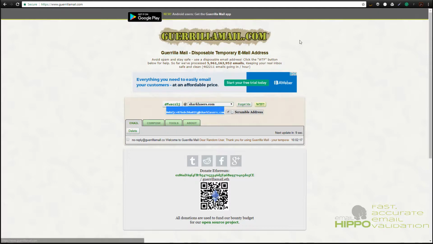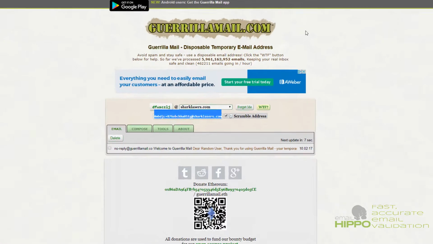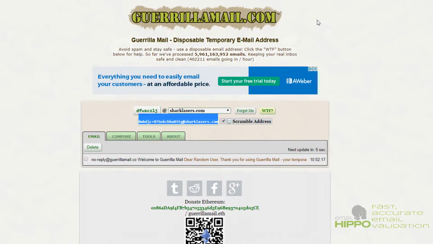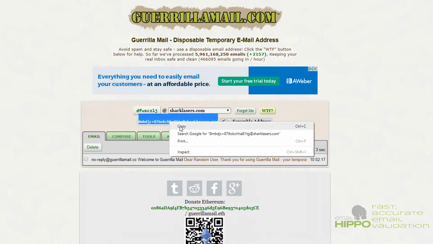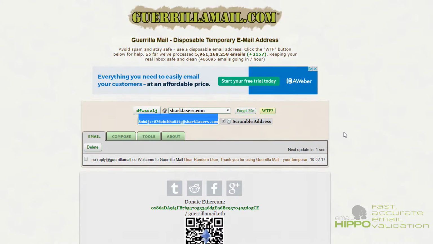So here we are. Here's the top result for disposable email addresses. And here I've got an interface, and if you skip past the advertising, you're actually into the meat of the functionality. So I've got an address here, dfwsczlj@sharklasers.com, or alias this thing here. I can right click on this, copy it into my clipboard,